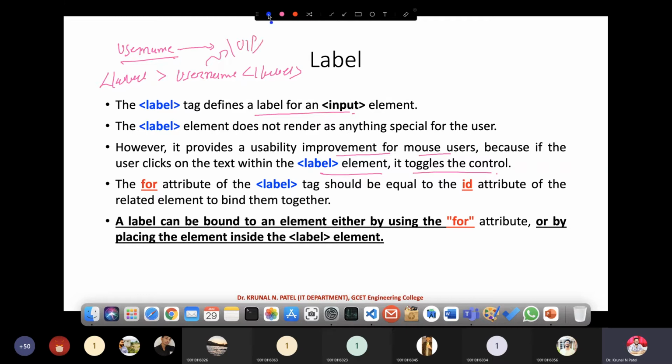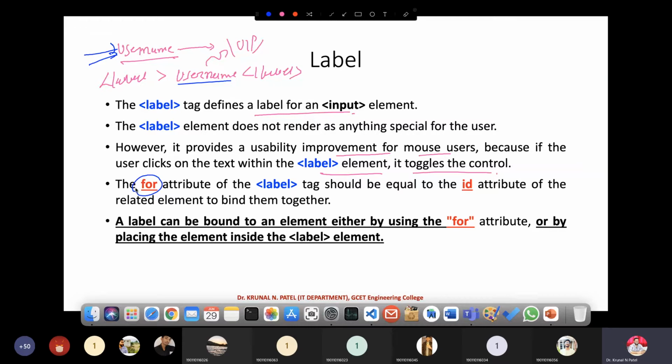Then what is the difference between these two? Whenever you click on a simple piece of text, it does not mean anything. But whenever you put a label and attach that label using the for attribute, then that particular text will be clickable.